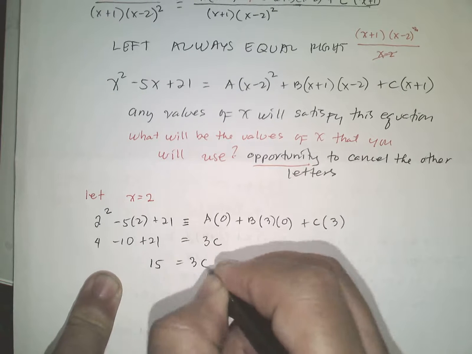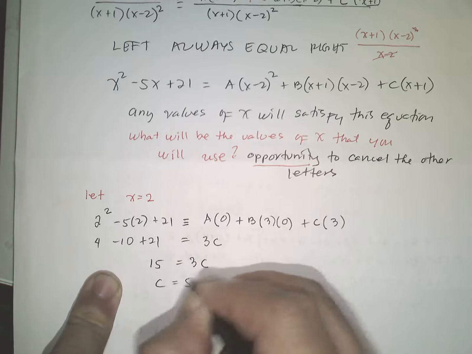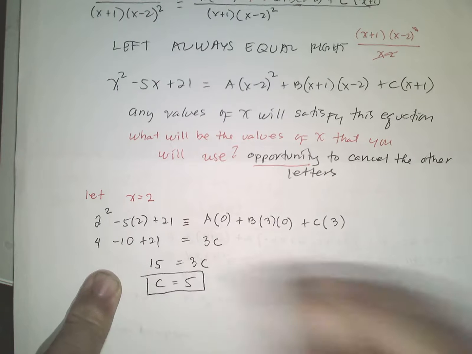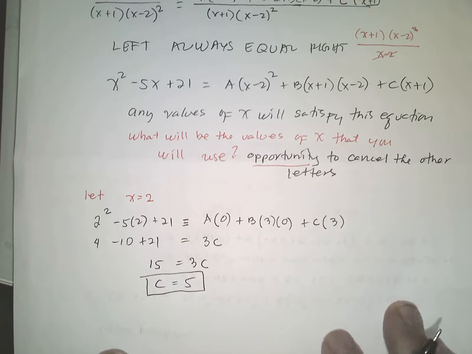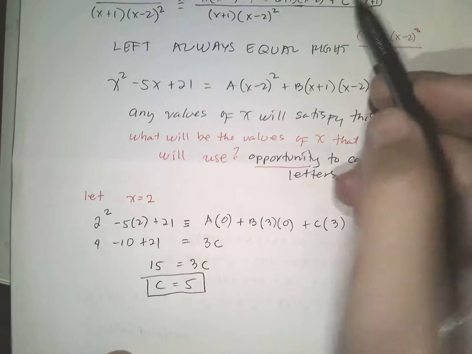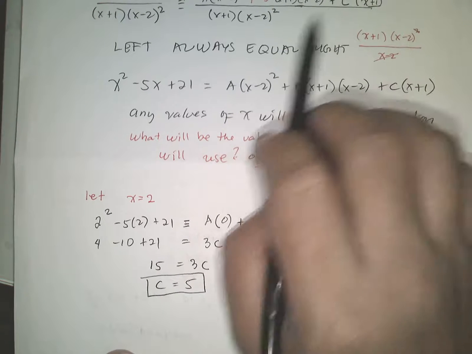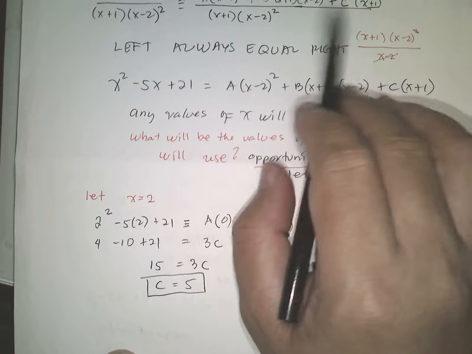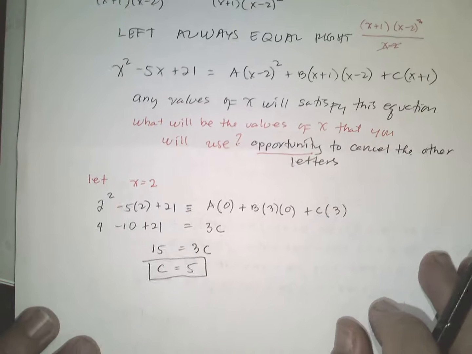15 equals 3c, so therefore c equals 5. So that is now the value of your c. Now, let's try to use another number that will give us an opportunity to cancel the other numbers. So in this case,